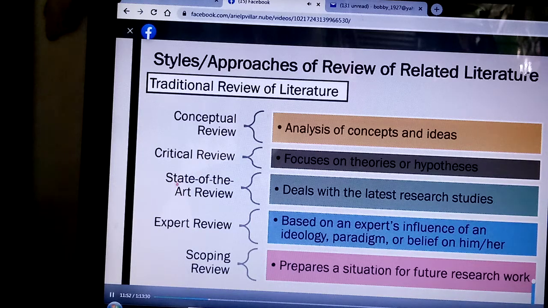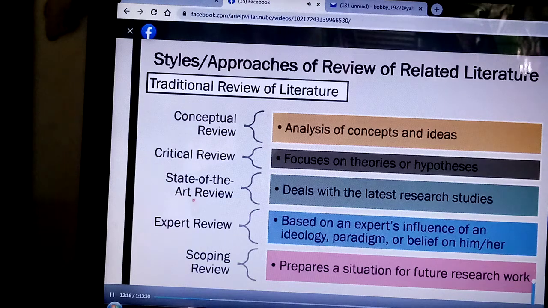Ibig sabihin, if now is 2020, dapat mga 2010 ang gagamitin nyo po. Kung medyo luma na po, hanapin nyo sa Google kung may nagbanggit na bagong study doon, and as cited na lang, as cited by the new author na mas bago-bago from 2010 pataas na po, 2011, 2012, because in your writing,